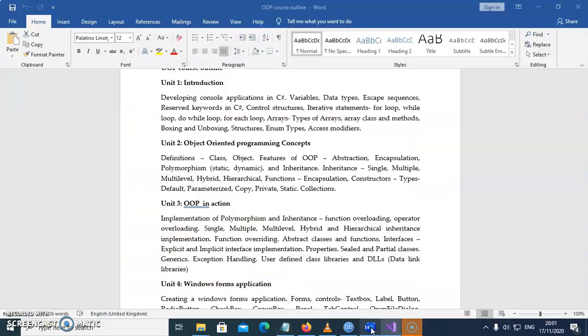So the next thing we want to look at is loops. We want to look at all these types of loops: for loop, while loop, do while loop, for each loop. That's what we want to look at in the next video. So let's call this